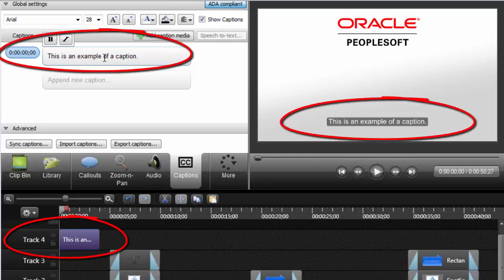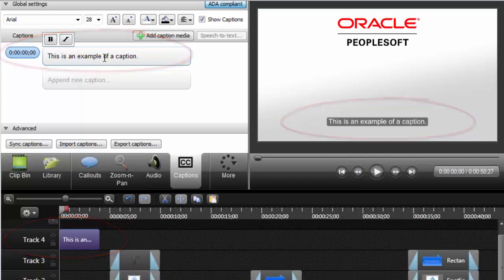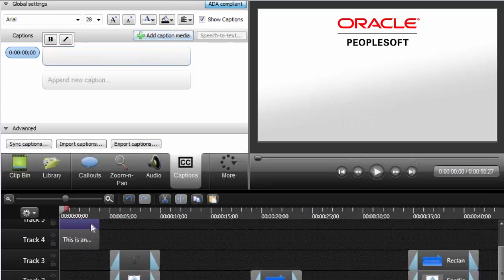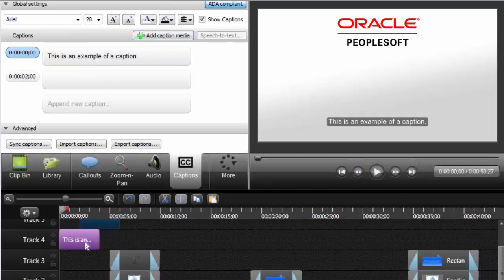So you'll notice that the caption, as Yvonne has typed it in the upper left, appears on track 4 in the lower portion of the screen here. So that little caption comes up as a callout as far as you're concerned, but it is a specialized callout because it's a caption. Once you're through with the video, once you put all of these captions in place and decide how long each of them are on screen,